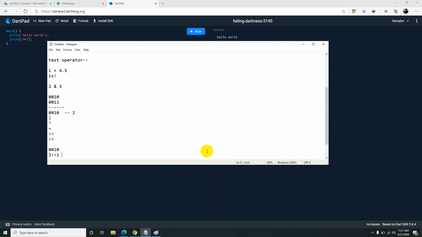Also, I forgot to mention, this plus equal to symbol is there. See, i plus plus is equivalent to i equal to i plus 1. But there is one more, i plus equal to. If i plus equal to 5, it means i is equal to i plus 5, like this. Similarly, like plus equal to, we have minus equal to, star equal to, division equal to. Same logic applies for bitwise also.